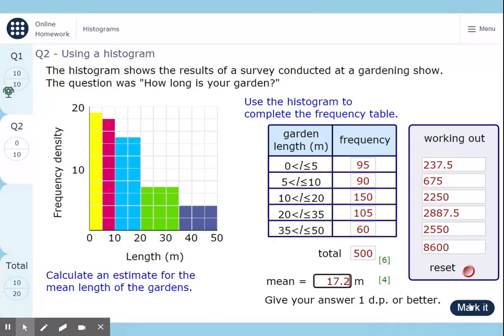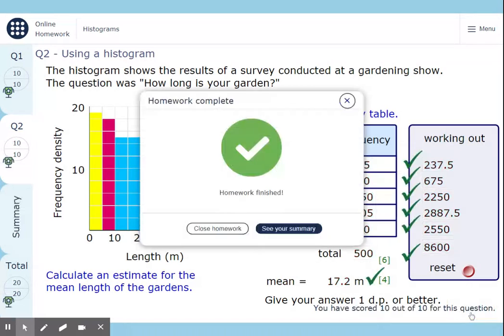And now I'm going to mark it. Hope I get 10 out of 10. Fingers crossed. Fabulous, right? So that was how we complete